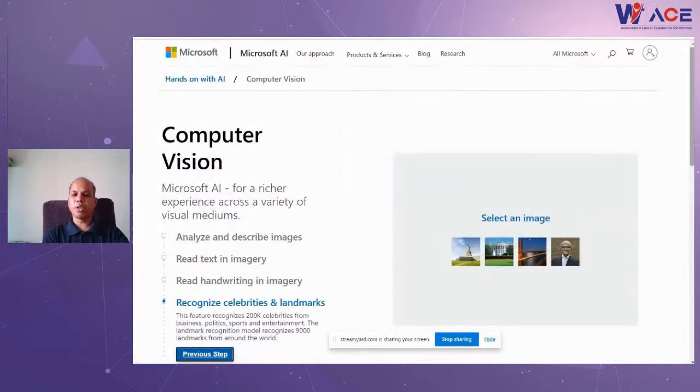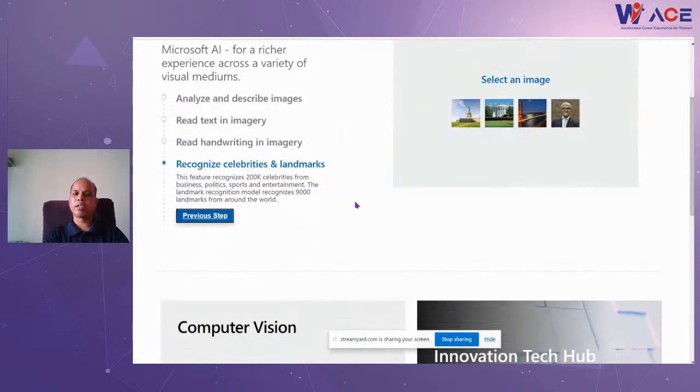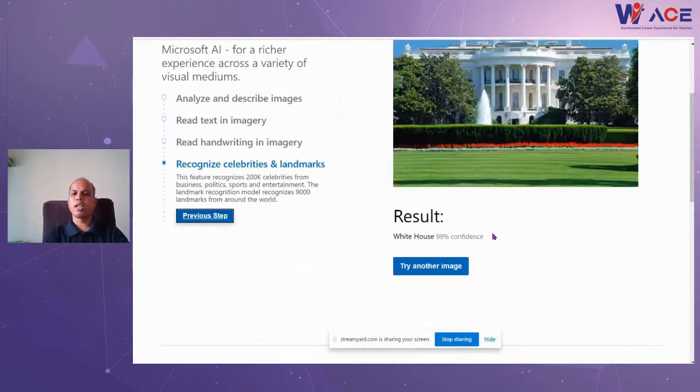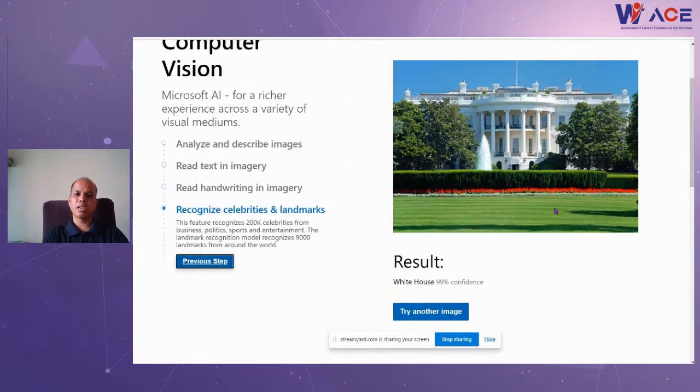And if I show you another place, if I want to click on a building or an image, now you can see it's showing that the picture I have selected seems to be the image of the White House, and it's close to 100% confidence. That means the closer the accuracy is to 100%, the higher the accuracy of your result. That's how you can look into image detection.